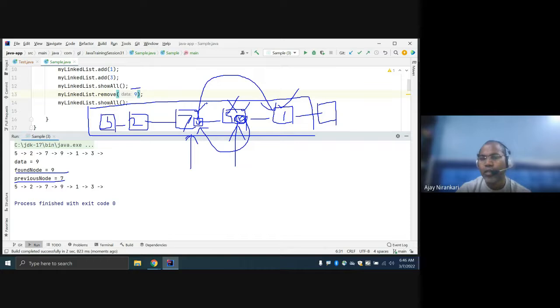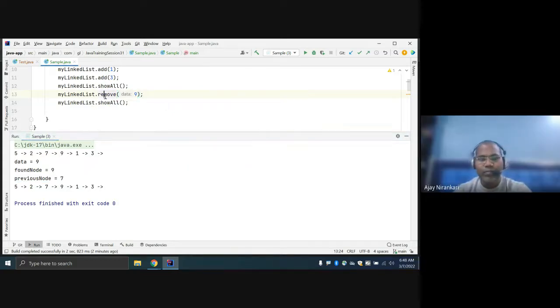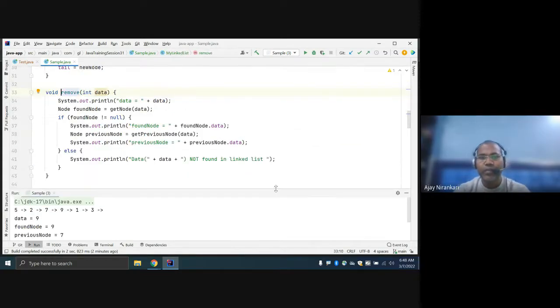Is it clear, the logic of how to remove? Any doubt? No, sir. So let's write the code the same. Here, say now